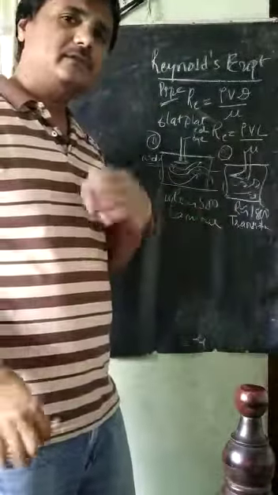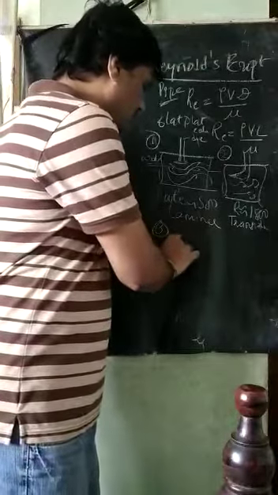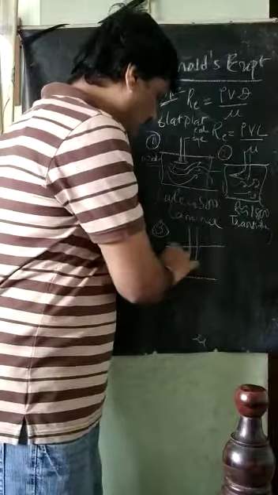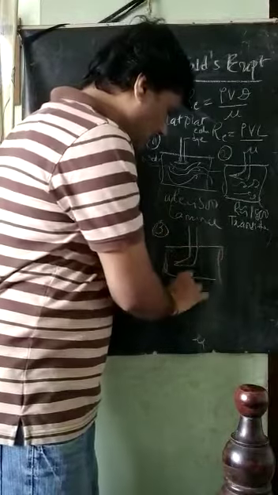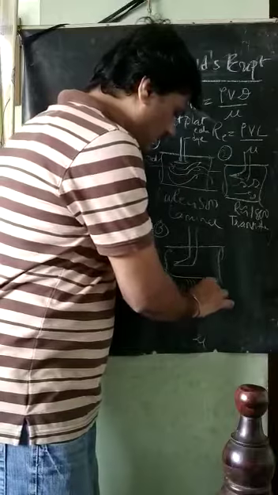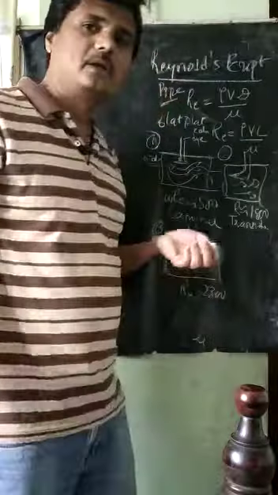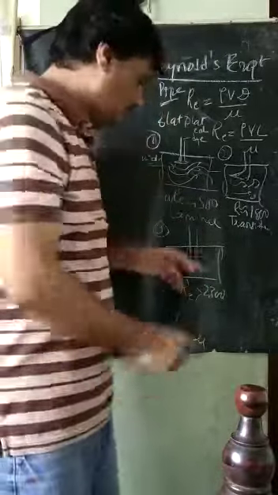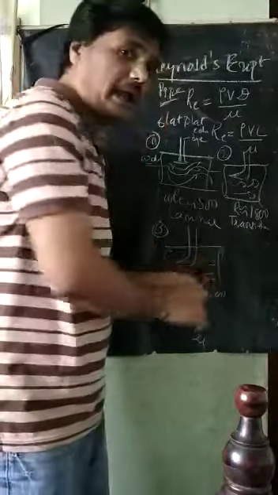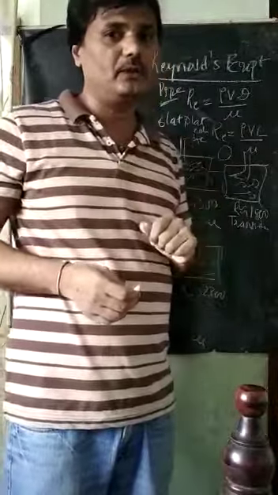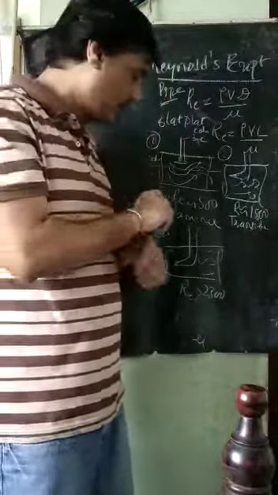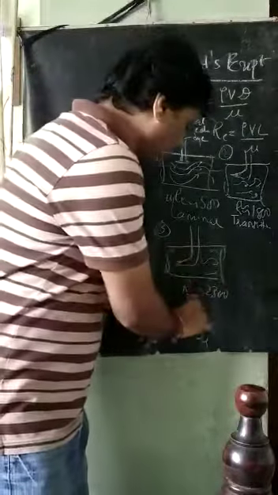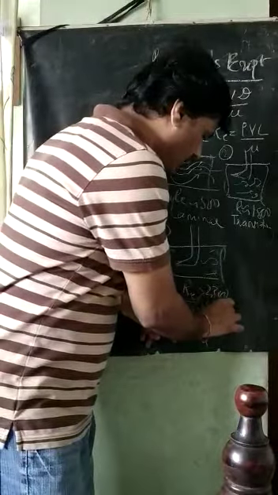Then in the third phase, he has done the same experiment and increased the Reynolds number again. The Reynolds number is greater than 2300 here. In the case of greater than 2300, he observed definitely more chaotic, more random movement of the molecules taking place. Therefore, that kind of fluid flow is called the turbulent flow.